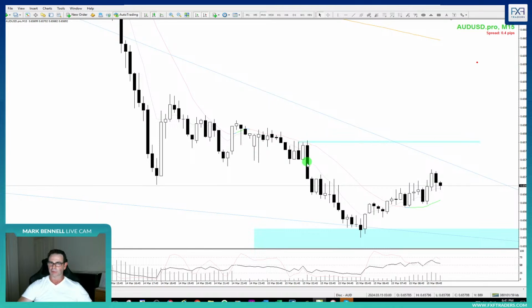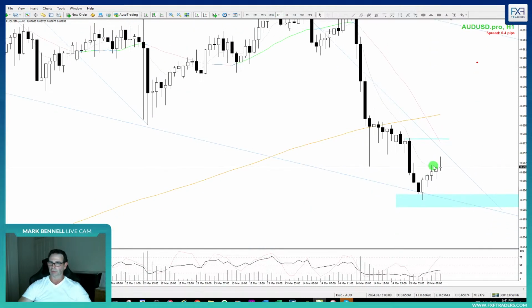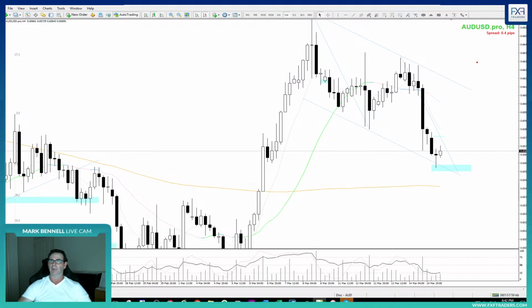So all the orders through here, the fuel that's gone in there, is going to be taken out when it takes that high out. All right. So you can see here the price action is a little bit choppy at this stage. So I think it needs a little bit more time to see whether it's just still correcting. All right, so that is sort of catching a bit of a falling knife,